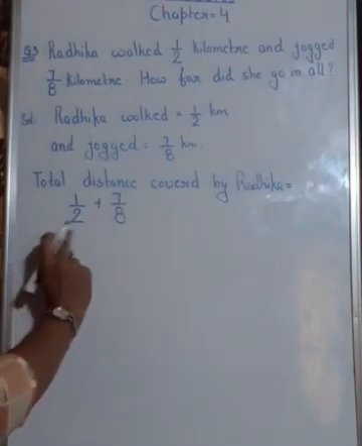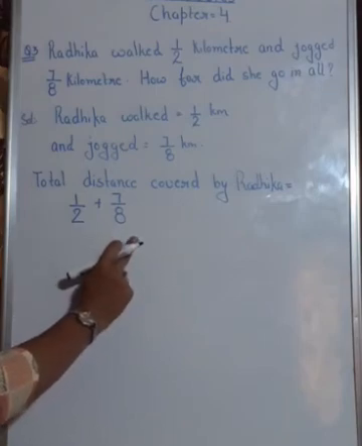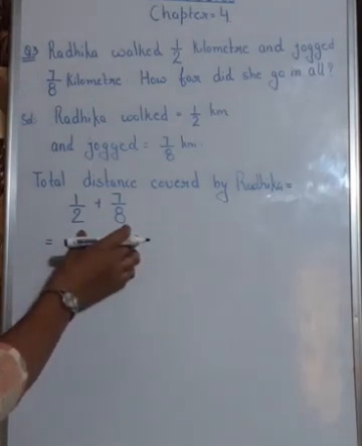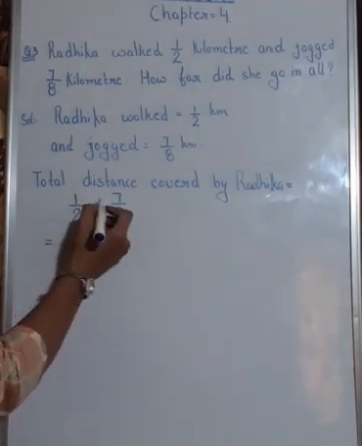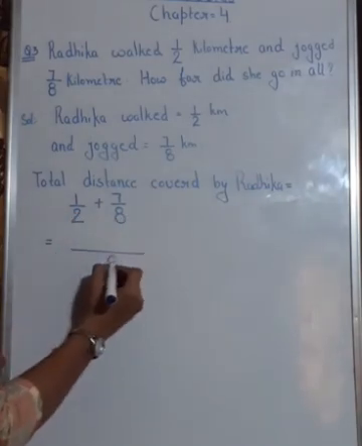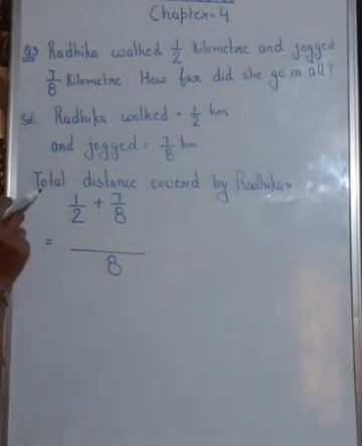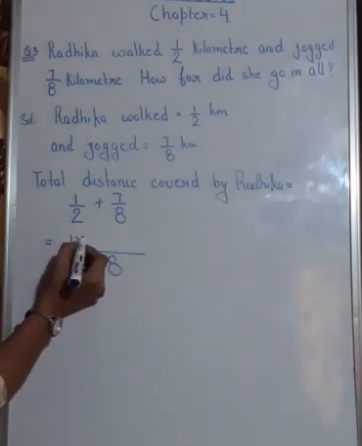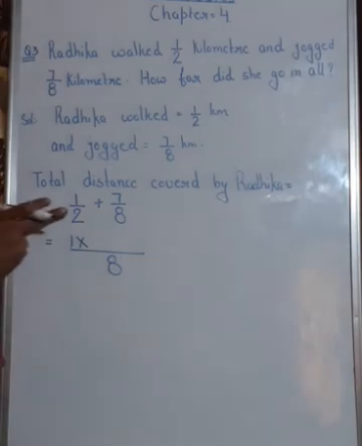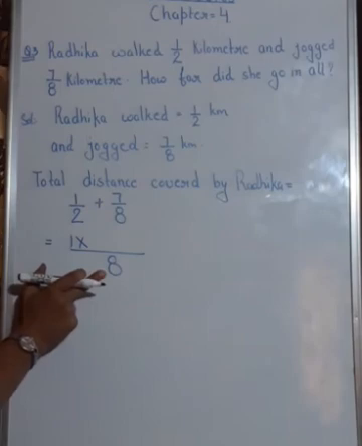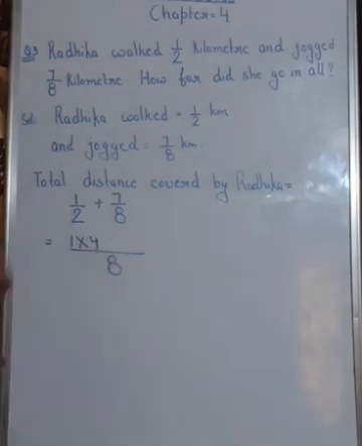Clear? Now you have to add these two. We know how to add unlike fractions, but now I'm going to tell you a shortcut method of solving it. First you take the LCM of these two. The LCM of 2 and 8 will be 8. Now what you have to do, write down the numerator of the first fraction. What is the numerator over here? It is 1. So write down 1. Then put a multiplication sign. Now you have to find in the 2 table how many times 8 goes. 2 4s are 8. So you will write a 4 over here.